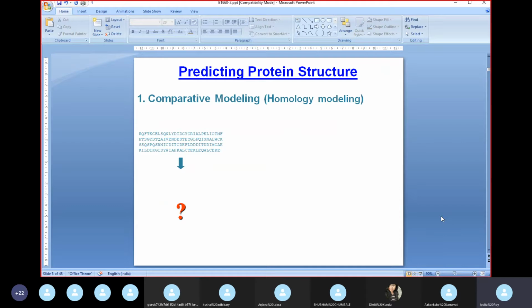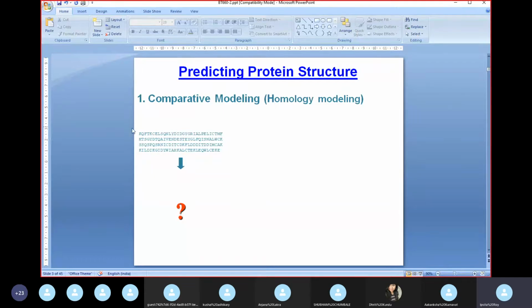So we look at a few of the tools that are used. One of the most commonly used tools, and you will do some of this in the practical part of this course. Some of the tools that you use, for example, is what is called comparative modeling. It is also more commonly called homology modeling, although homology modeling is not a completely correct term. A more correct term would be that you're carrying out comparative modeling.